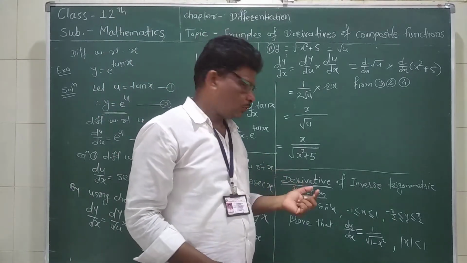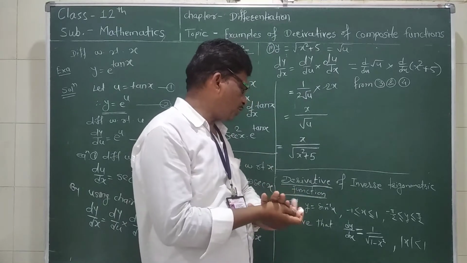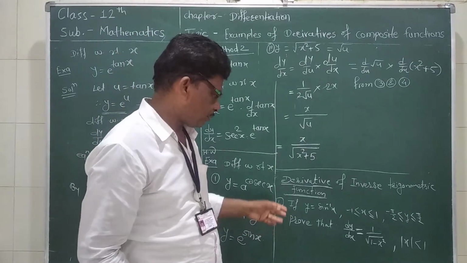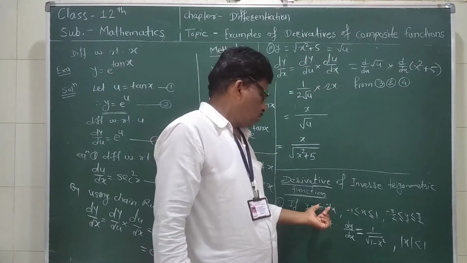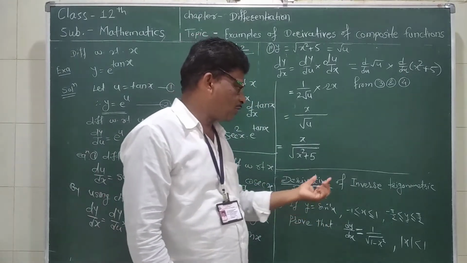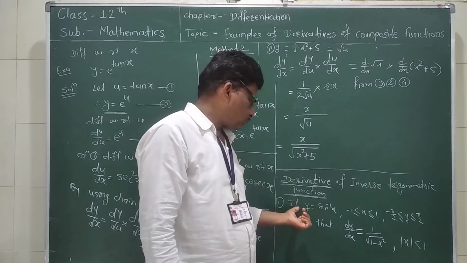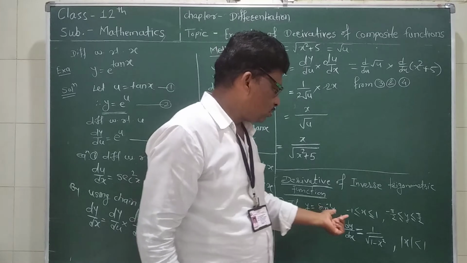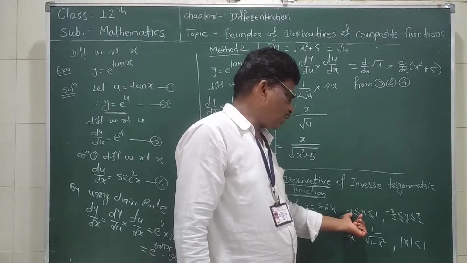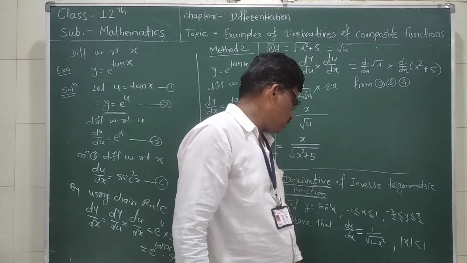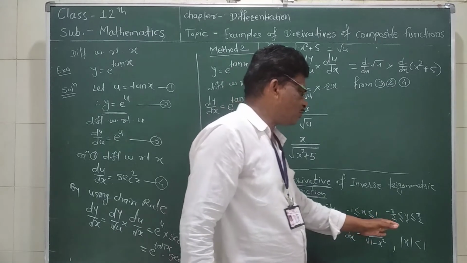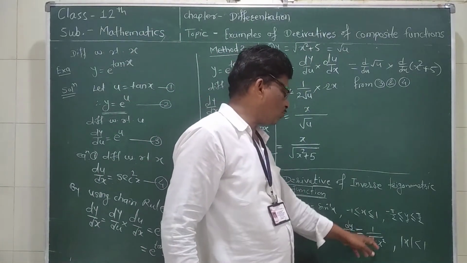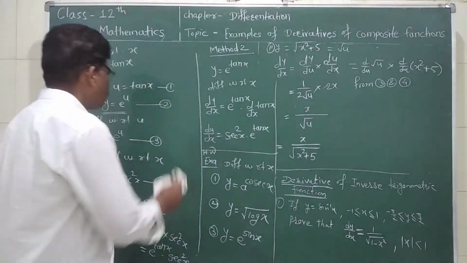Now also see the derivative of inverse trigonometric functions. Next, after composite functions, we see the inverse. We know inverse functions sin inverse x, cos inverse x. Like here, first we prove: if y equal to sin inverse x, for the condition x in between -1 to 1, therefore y lies between angle -π/2 to π/2, first and fourth quadrant. Prove that dy by dx equal to 1 upon under root 1 minus x square.